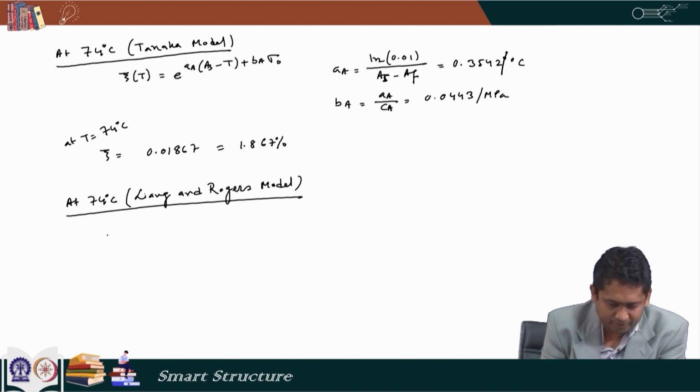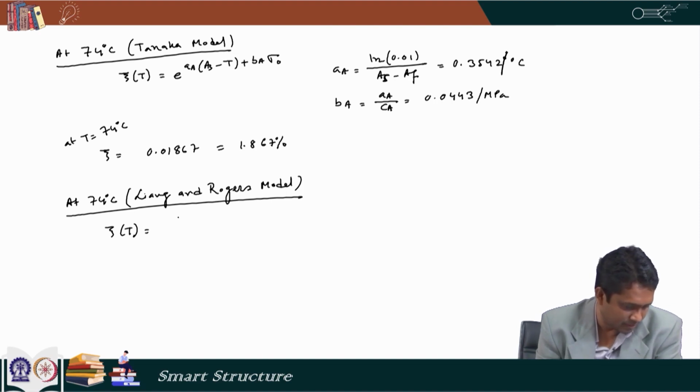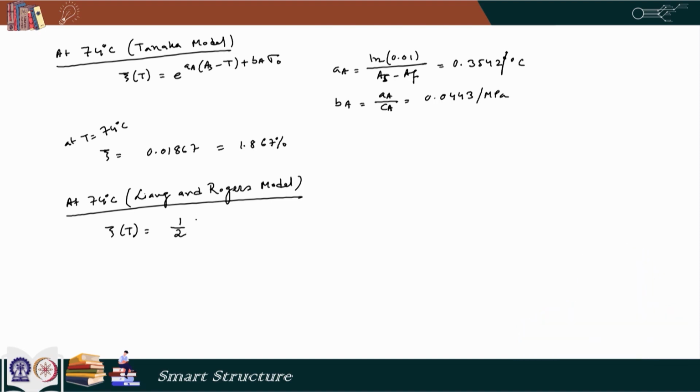Now, here as per that model, xi t is equal to 1 by 2 multiplied by cosine of A t minus A s plus B A sigma 0